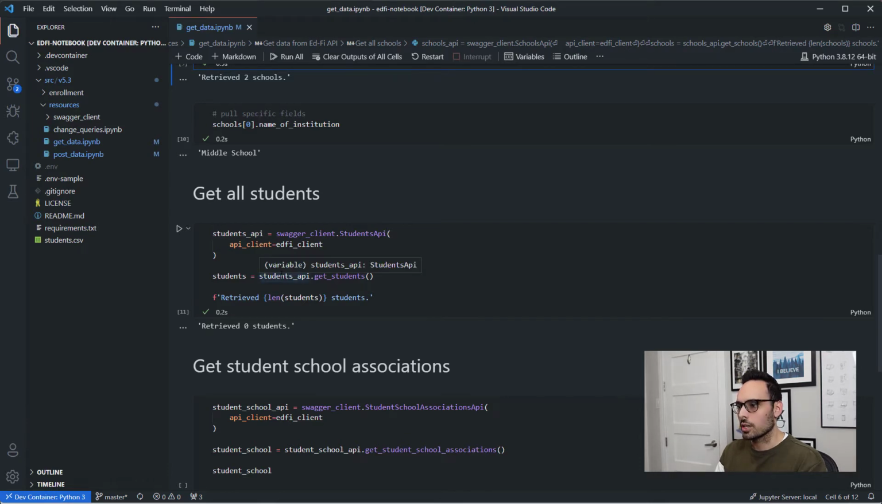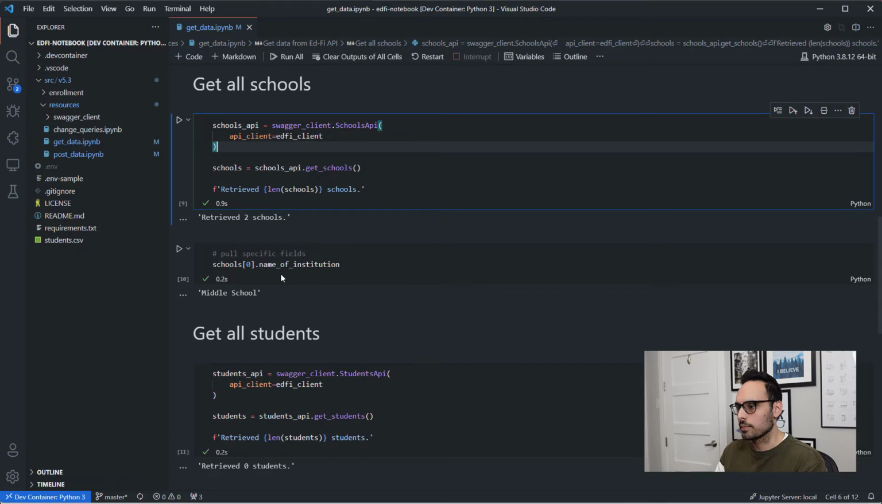So now let's actually talk about change queries, because what's going to happen is I am going to create some students and some student school associations in the Ed-Fi ODS, and we want to see how the change query and deletes endpoints, how the data that comes back from those changes as I do those things. So let's start